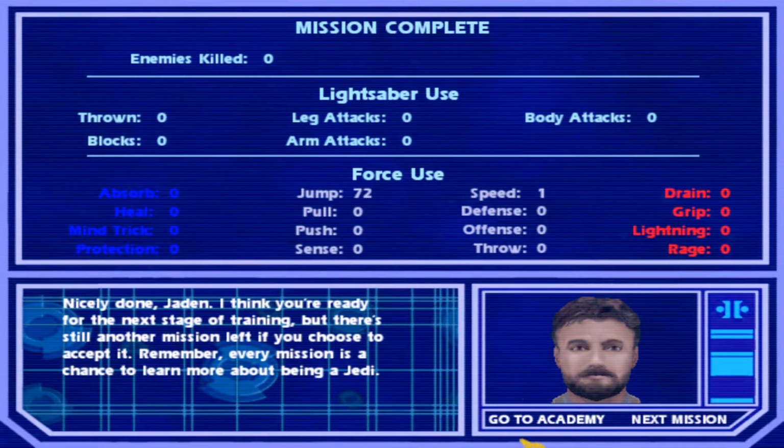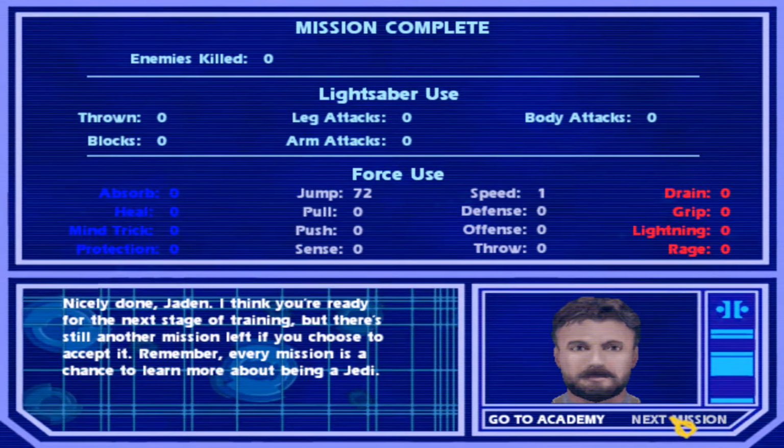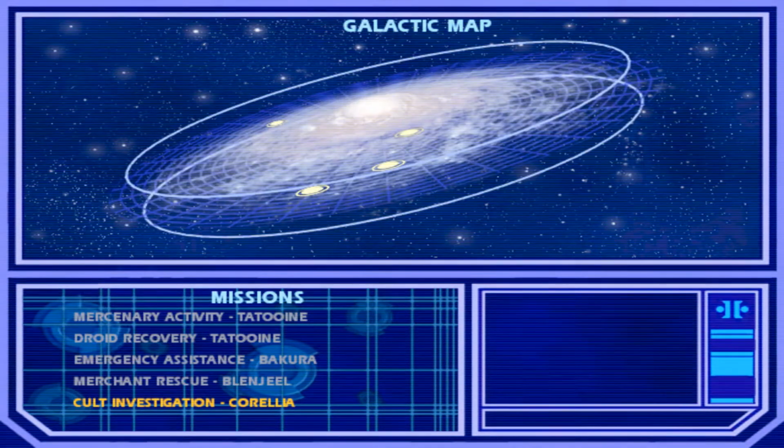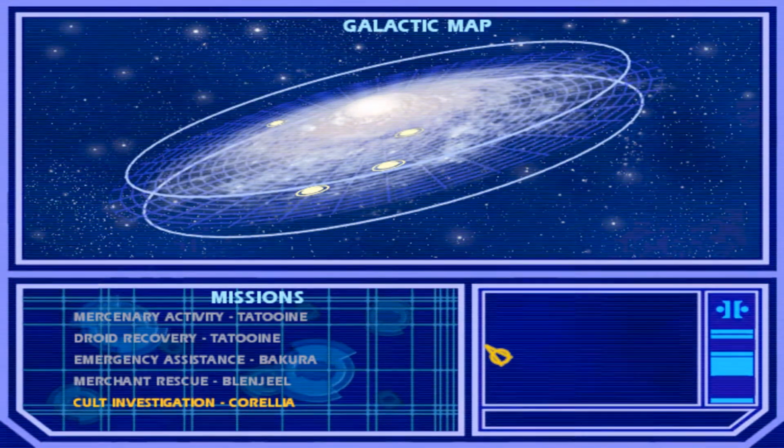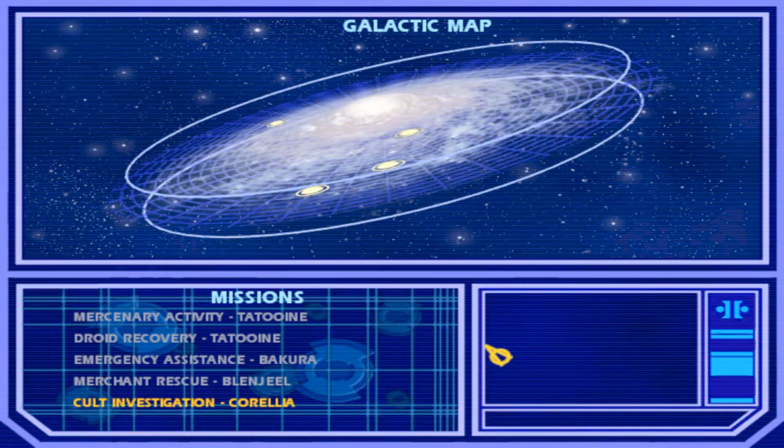Well, we can go back to the Academy right now, but I'm actually just going to the next mission screen, where we're going to just have a look at the next mission. So I'll finish up that train of thought. Count Dooku likes to out-skill his opponents, as opposed to... He likes to win just through